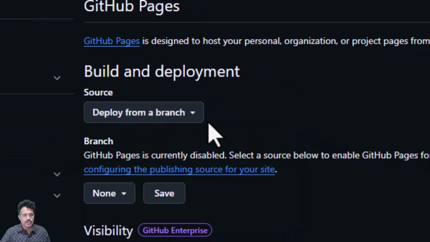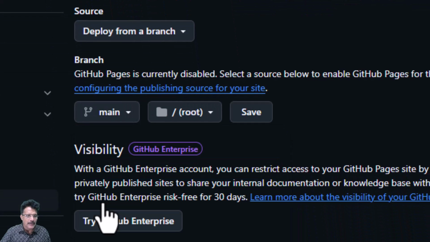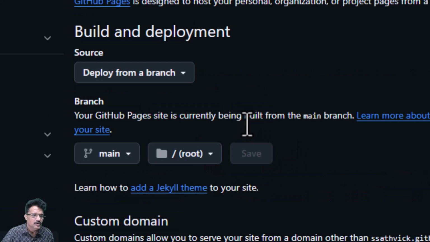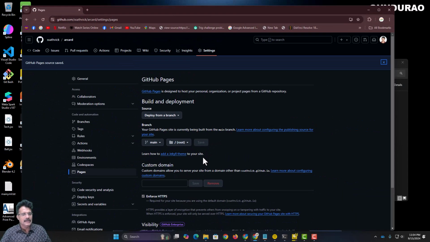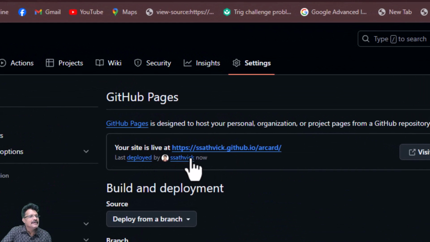So we have chosen deploy from a branch, and in none here choose the main branch, let it be root and click save. So when I click on save, this entire repository, now it takes a few seconds for this GitHub pages to build up. So you keep on refreshing it. Once the pages are ready, you have a link here,